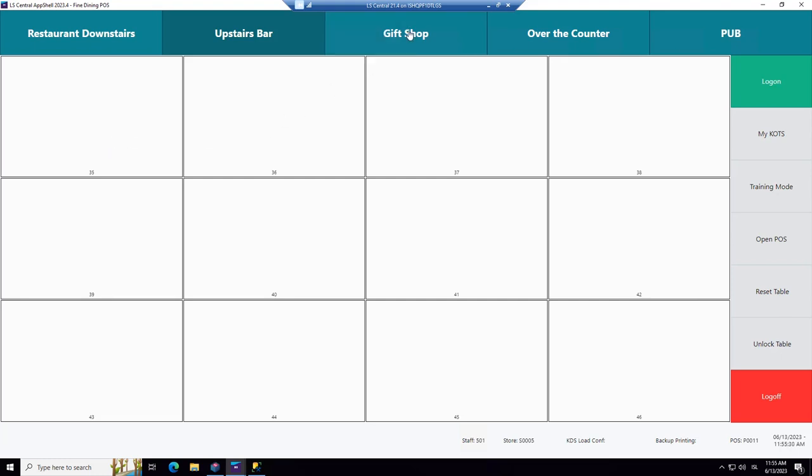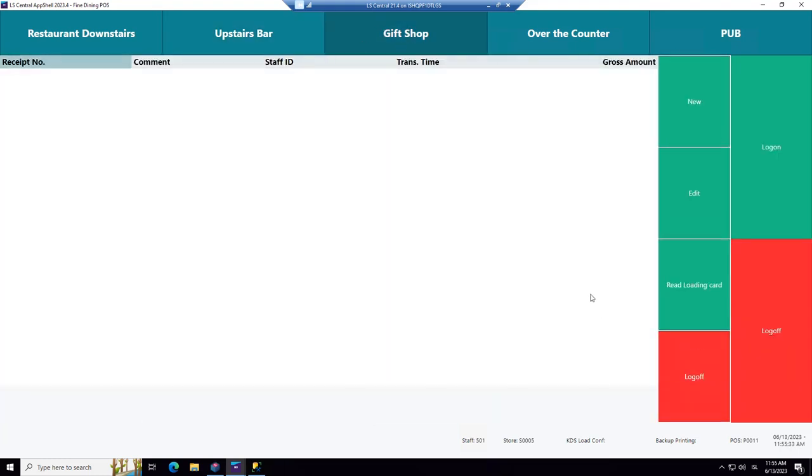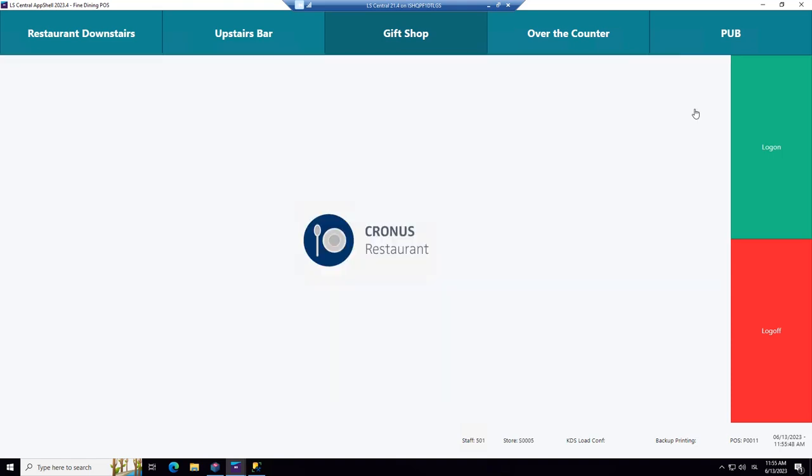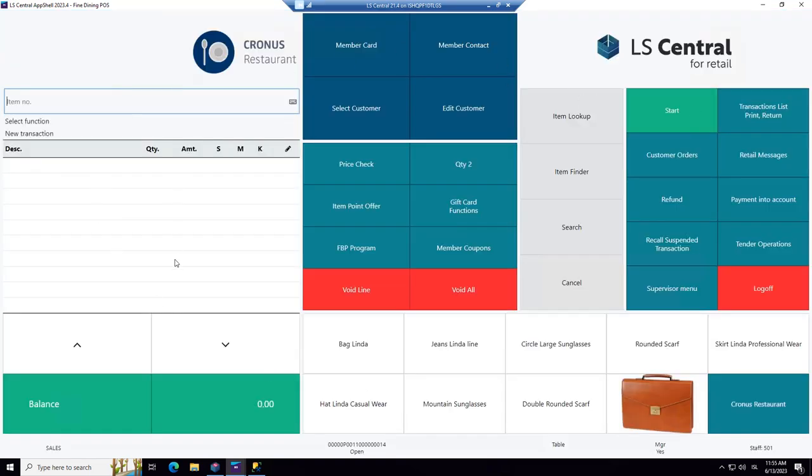If you go to the gift shop, you see something different. And the gift shop is, for example, if you have a restaurant that is selling hats or pens or some things, you would like to use retail. And when you go into new here, let's try it now, you will just see a typical retail. And you are familiar with this. It could be a different setup, different items. We are just using the one that we've been using now. That's all configured in the backend.